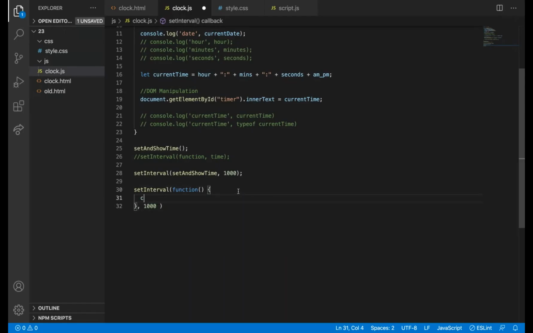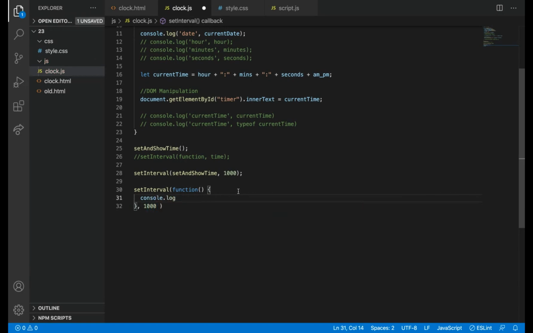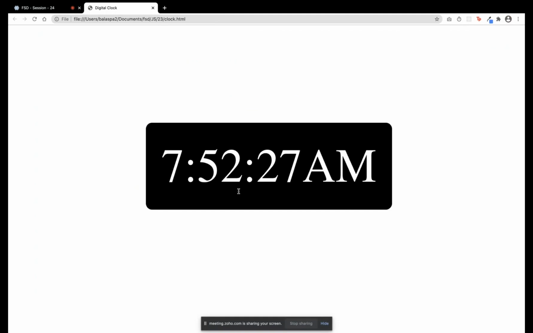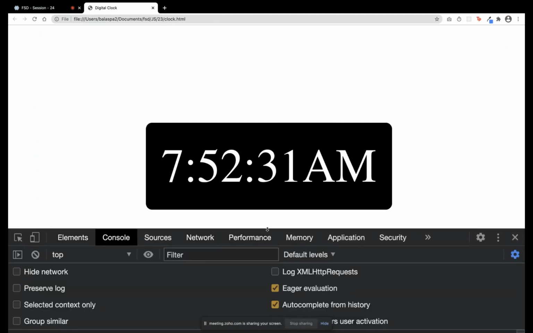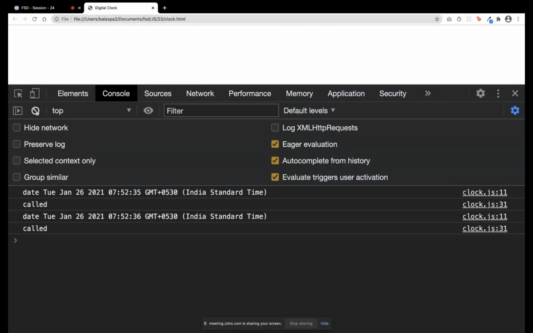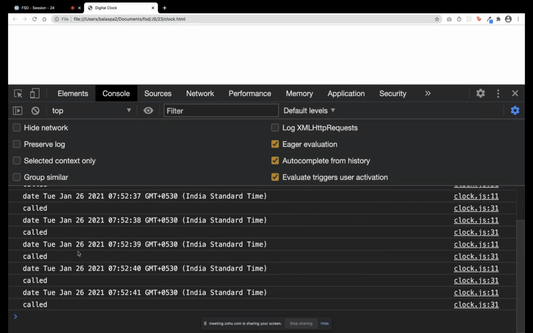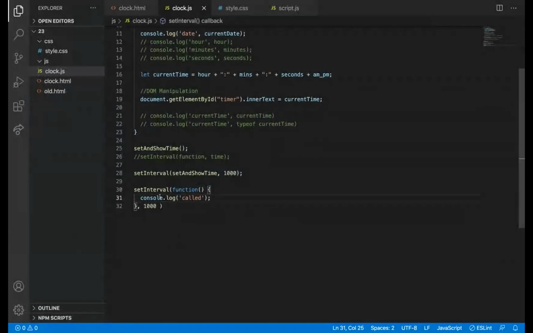First, I'm going to do console.log, I can say called. Can you see? Within 1 second, these two functions are getting called because I have already done this here.